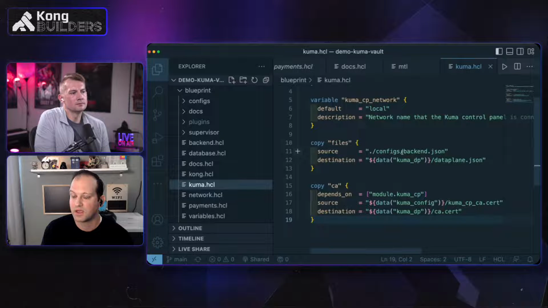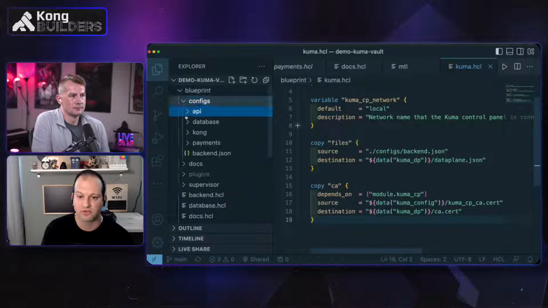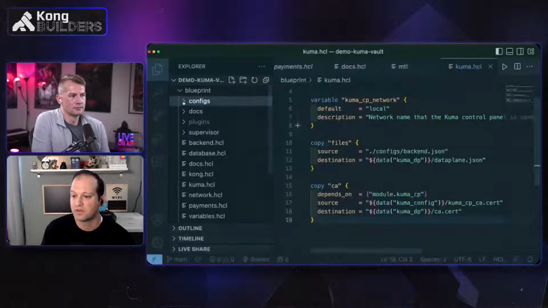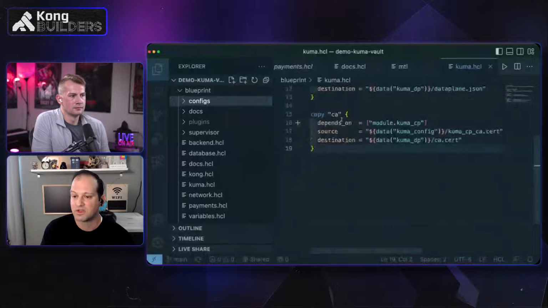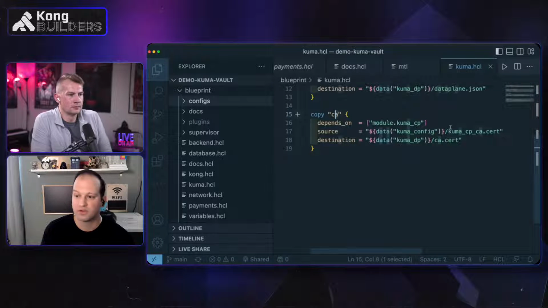So I create a backend file; these are my config files for the different API endpoints. And at this moment I'm using Shipyard to generate the certificates used by Kuma to generate the tokens. I'm injecting those directly into the Kuma control plane instance.